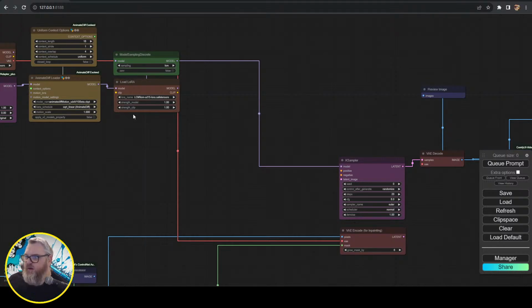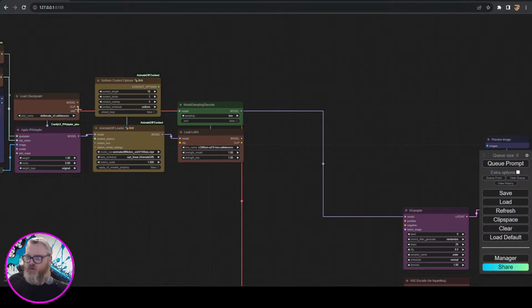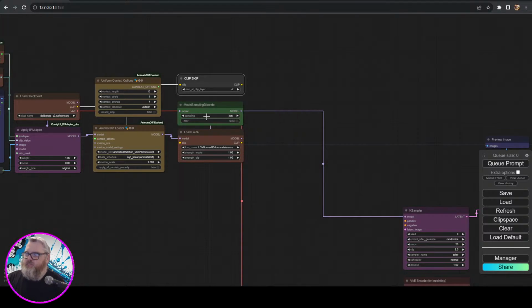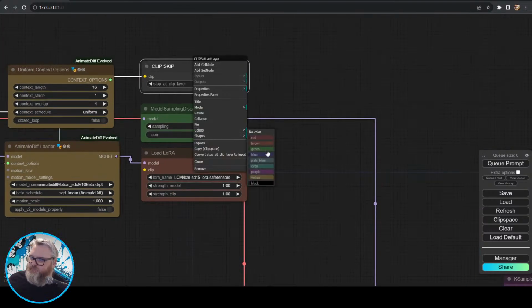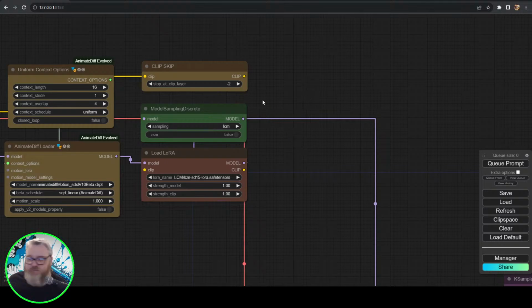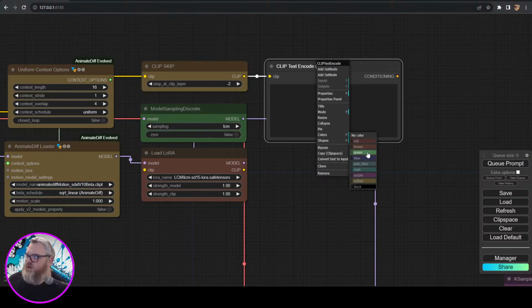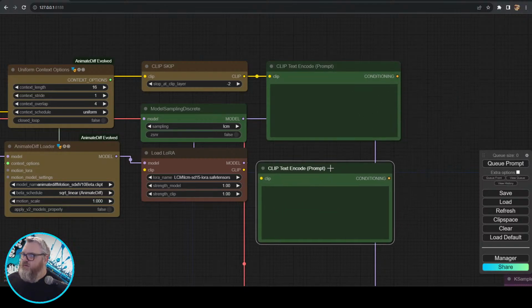All right, next. Let's do clip. Okay, so what does our clip go to? Well, first our clip goes to a clip skip. We need a clip set last layer. Set that to -1 or -2 if you want. This is the clip skip. It's yellow because it's clip related. All right, after the clip skip, we actually need to encode some clips. Those will be green and they will be red because they are our